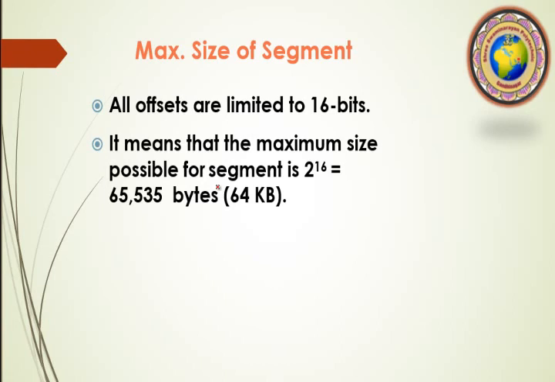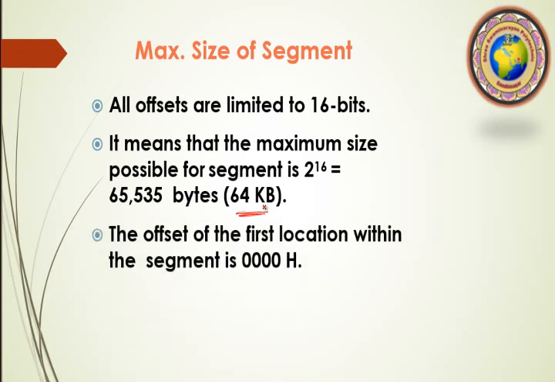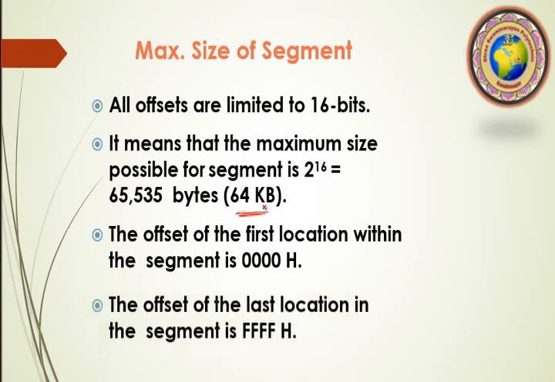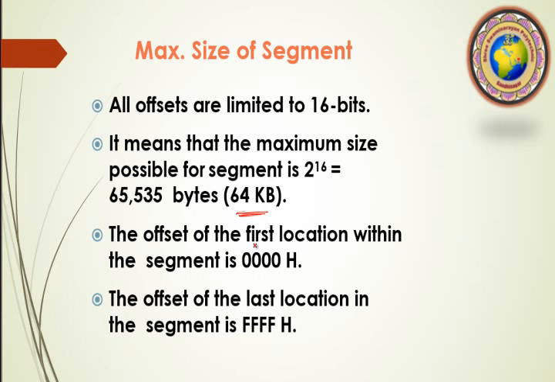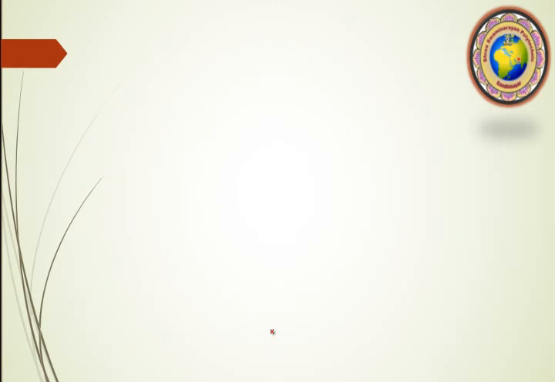In the previous diagram we incremented by 64 KB; here I will explain why it is 64. This is the reason for 64 KB: the offset size. The offset of the first location within the segment is 0000H, and the offset of the last location in the segment is FFFFH. So the doubt created in the previous slide should be clear here. These are the first and last locations of a particular offset. So where do we look for the offset, and how do we decide the segment register for a particular offset?